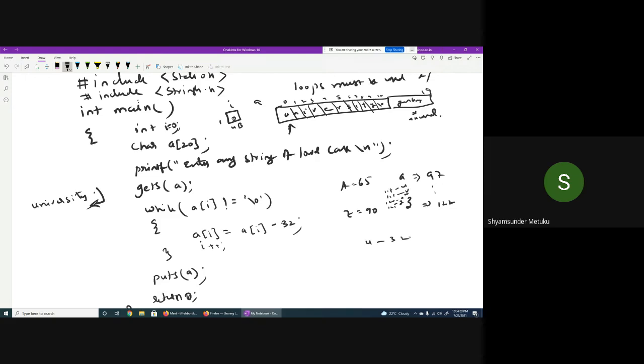Yes or no? 118 minus 32, how much will it be? 86, right? If 90 is a capital Z, 86 will be 90, 89, 88, 87, 86.